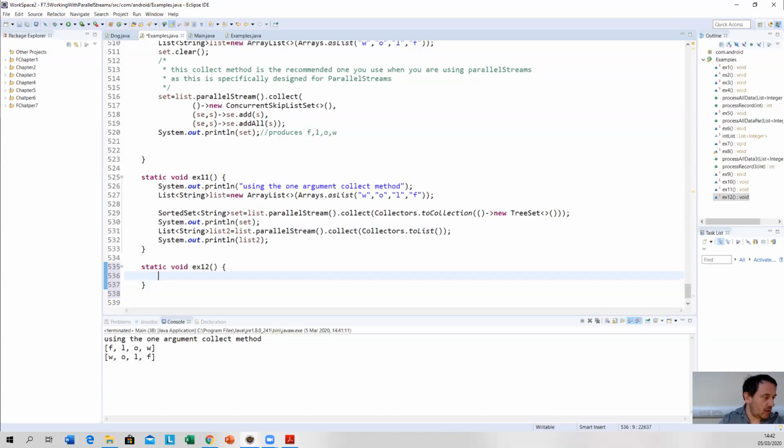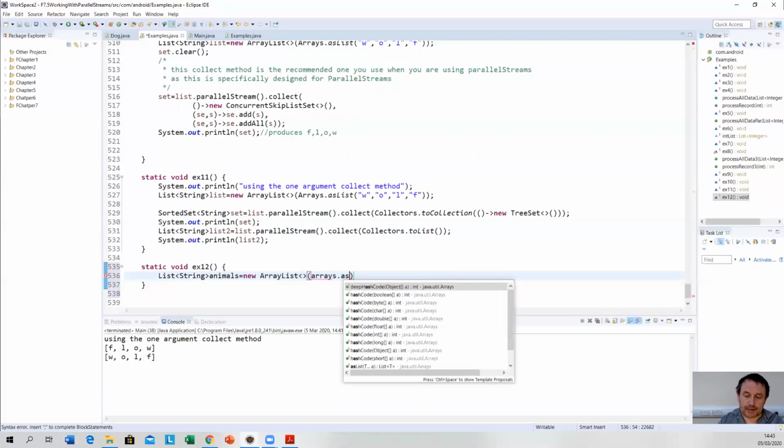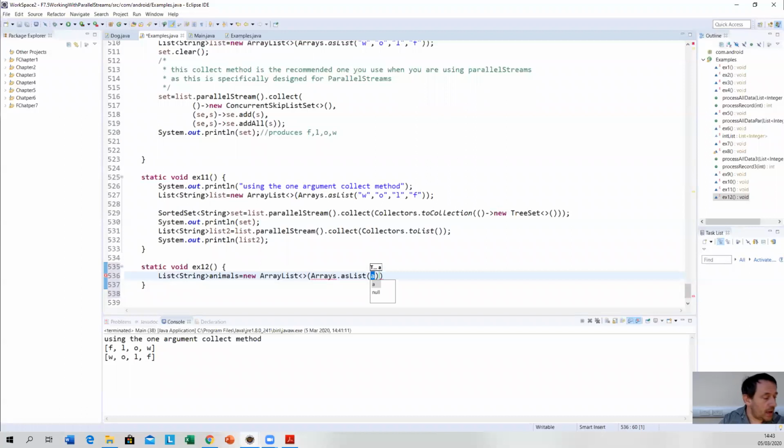So I'm going to go List<String>, I'm going to call it animals is equal to new ArrayList, and it's Arrays.asList, and it's going to be lions,